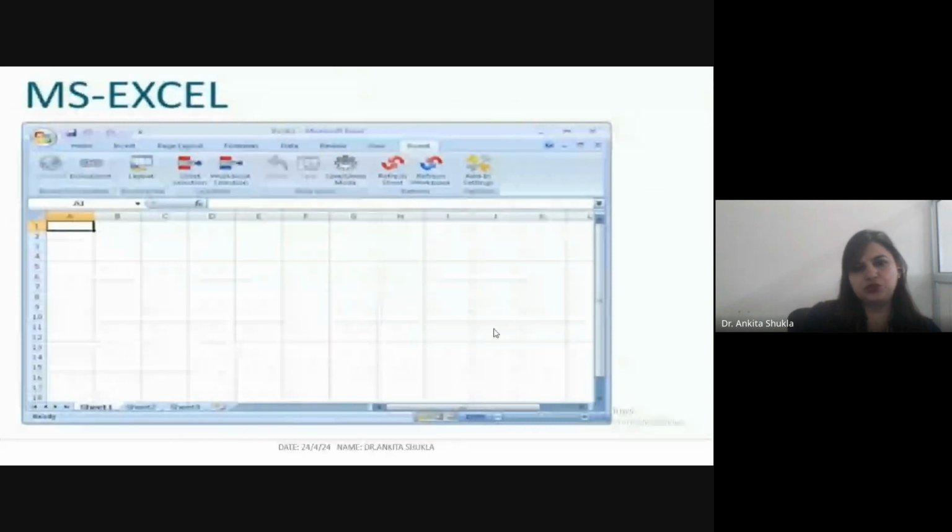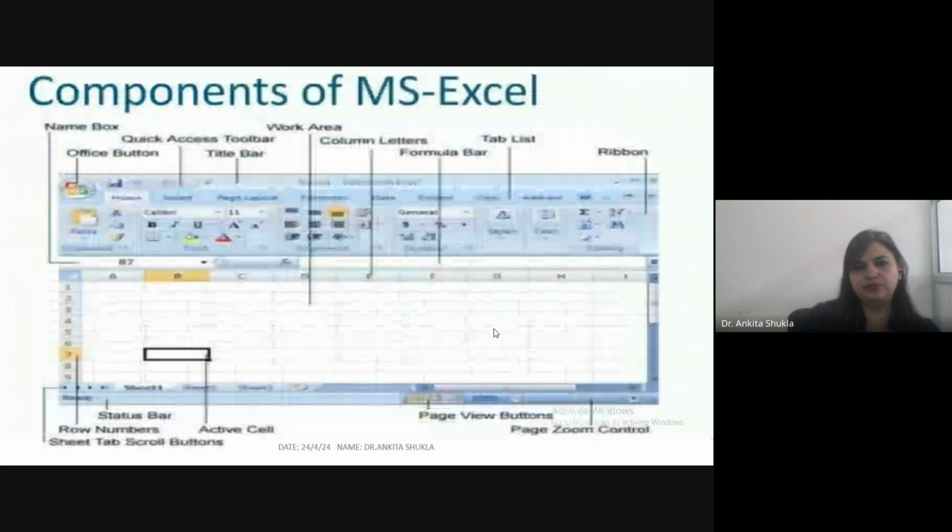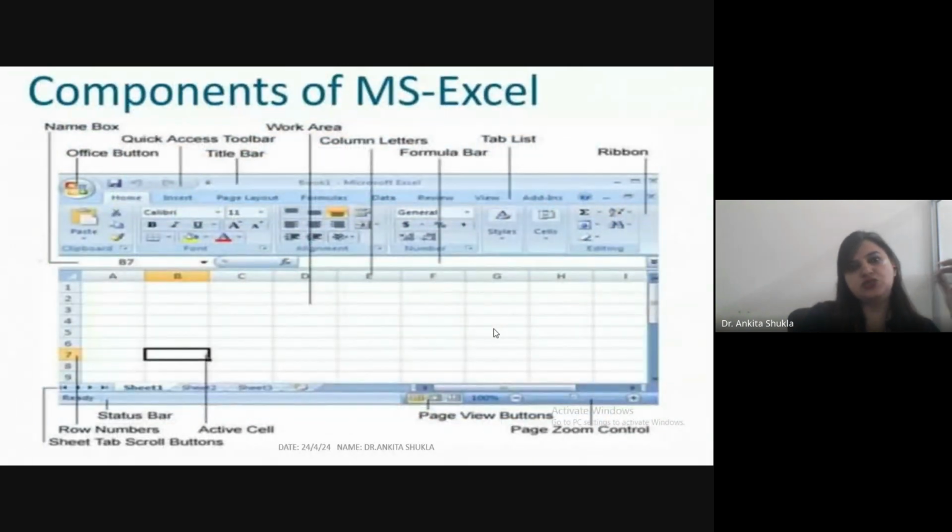The AutoShapes tool will allow you to draw a number of geometrical shapes, arrows, flowchart elements, stars, and more. With these shapes, you can draw your own graphs. Next one is drag and drop. Many times, if you do any office work, or if students work on any kind of project work, drag and drop is a very common feature. It helps you reposition the data or text by simply dragging it with the help of the mouse.